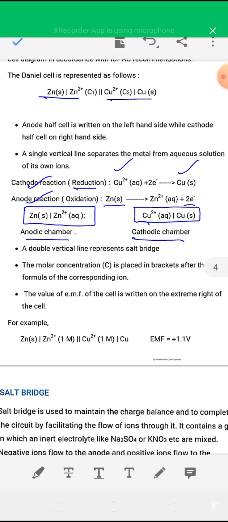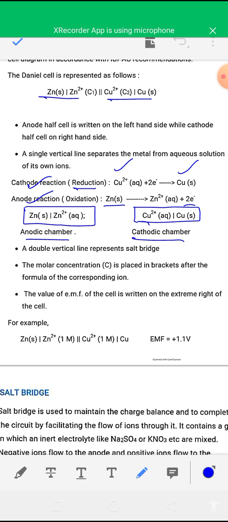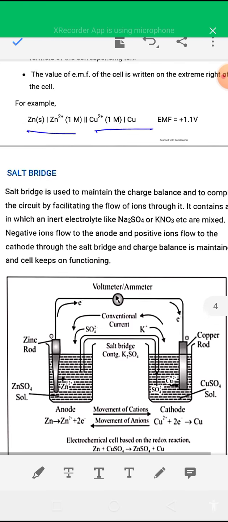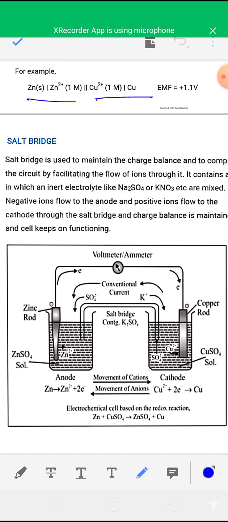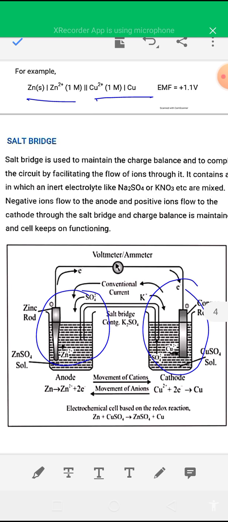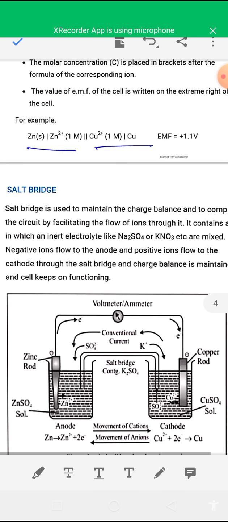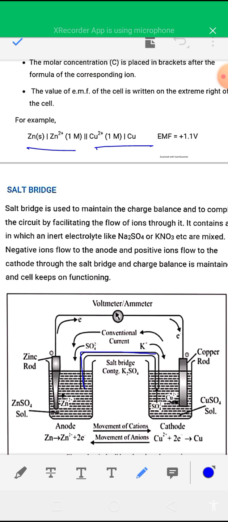So how do we represent a galvanic cell? First you write the symbol of the anode, then the salt bridge, then the symbol of the cathode. So anode first, then cathode. During representation of the cell, you have to give the cathode on the right side and the anode on the left side. These two half cells, cathode and anode, are connected by a salt bridge which contains agar-agar gel,